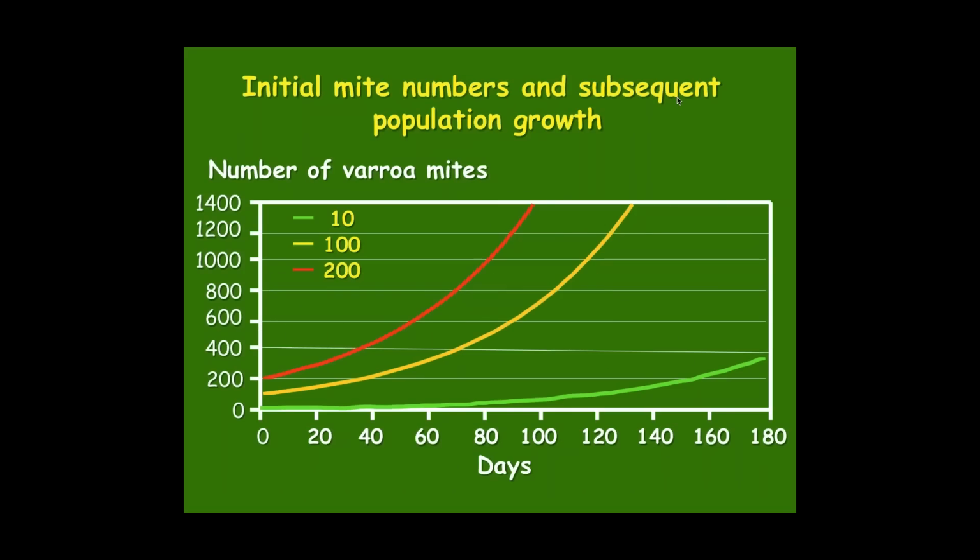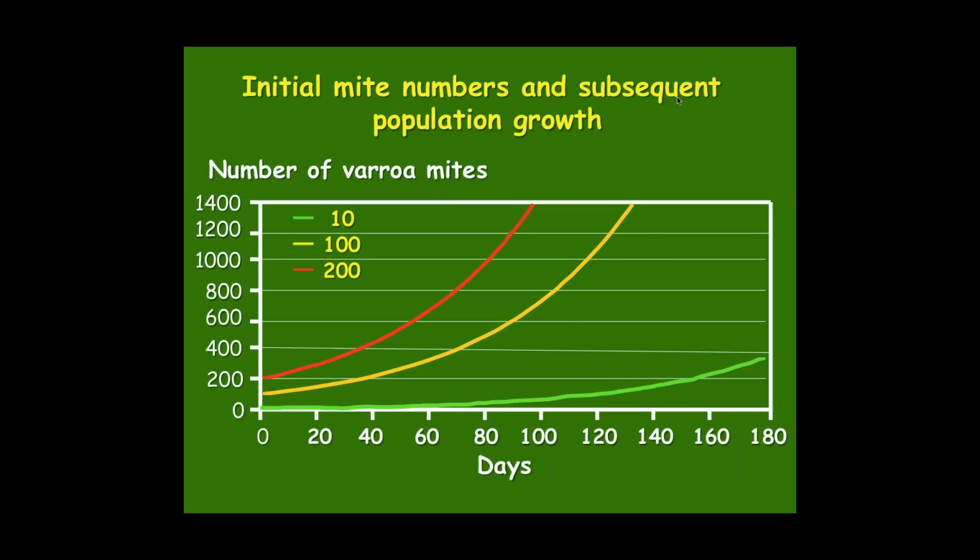So if you look at this chart, we're talking about the initial mite numbers and subsequent mite population growth. If you start out with a population of 10 mites, which is what the green line is, you can see that in the course of the time frame shown here, they don't reach the threshold of 1,000 mites, which is your treatment